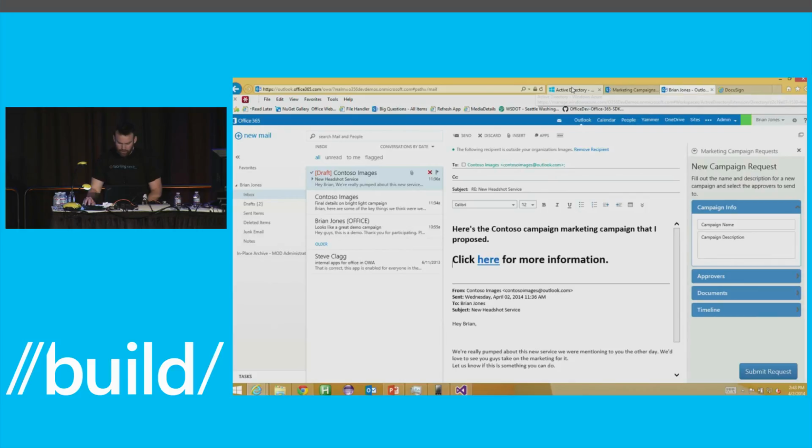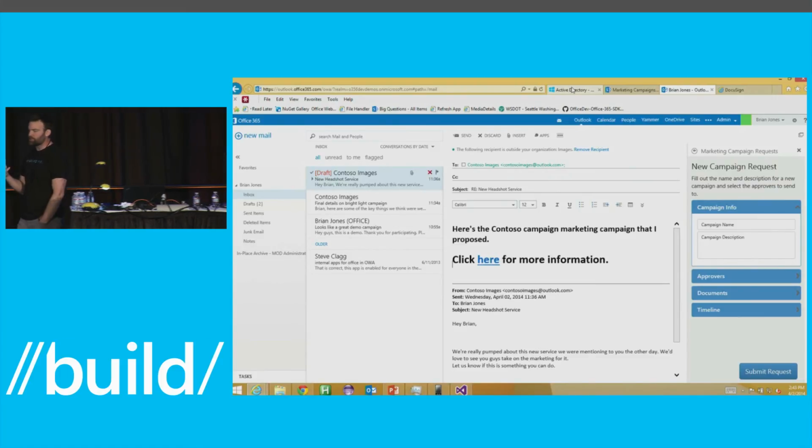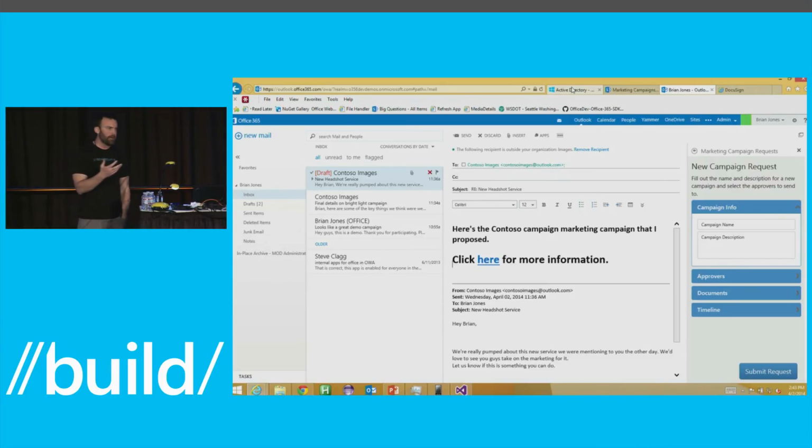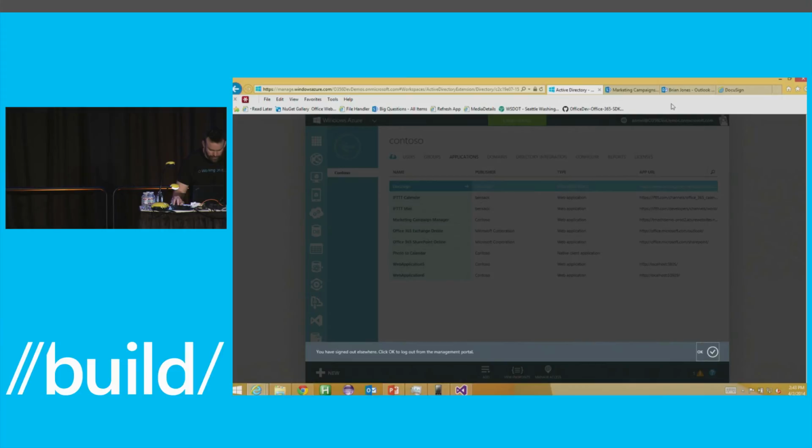So let me show a little bit of the details of how this was set up. If you want to think of the app itself, the solution, where that was running, the solution is actually just running in Azure. In fact, let me show you the list here. I'll probably have to refresh here.